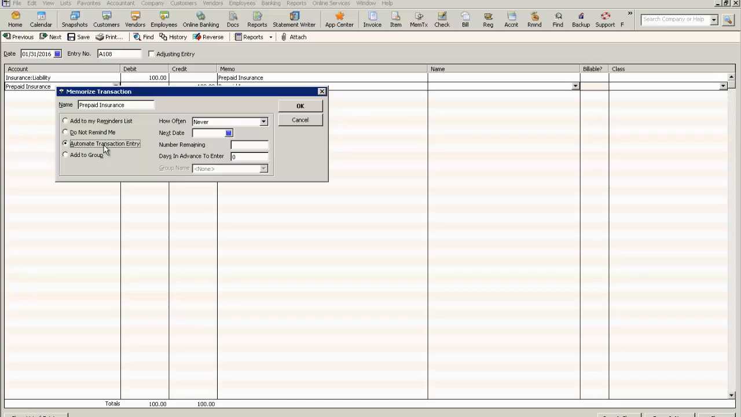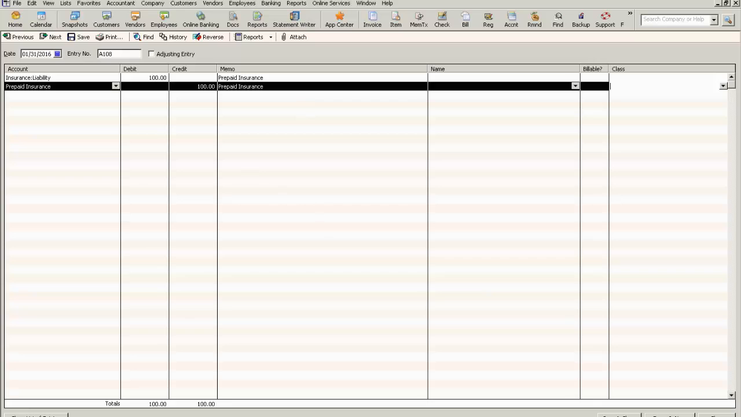We're just going to say automate transaction entry. How often? We're going to do this monthly. Since we've already created one for January, we want the next date to be February. And there's going to be 11 more months, so February through December, and we want this to enter 5 days in advance. So if we create that, click OK, it will memorize that transaction, and so when 5 days before the end of February appears,